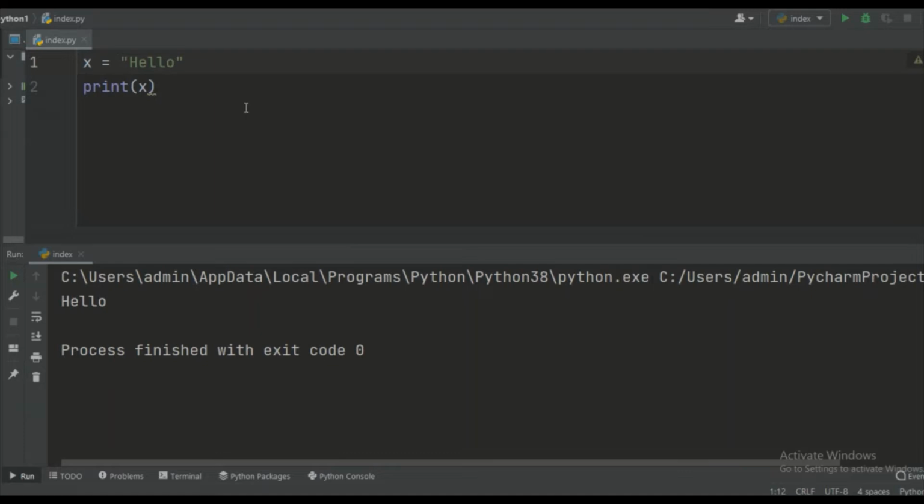So you can see the variable name, you can give whatever you want, but it has some rules. A variable name must start with a letter or the underscore character, and it cannot start with a number, and it contains only alphanumeric characters and underscores. And the final thing is, variable names are case sensitive,